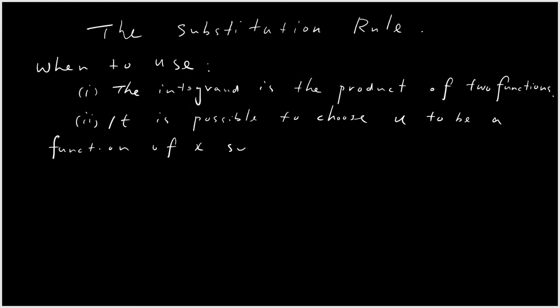So after that, the integrand is the product of two functions. We call them two factors, such that one of the two factors, one factor, will become a function of u